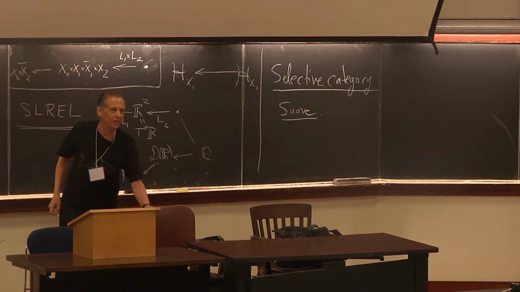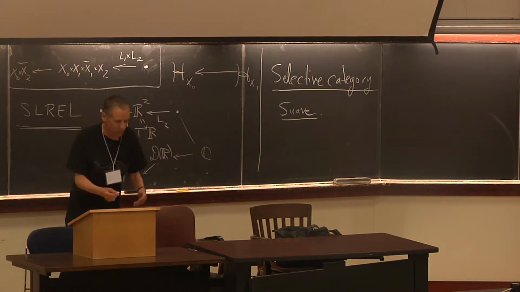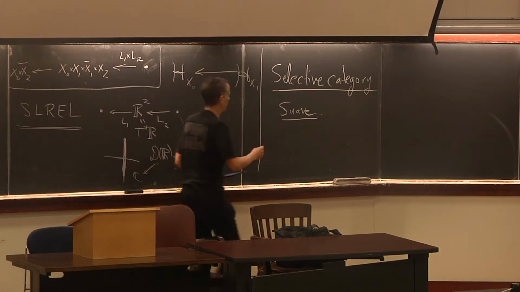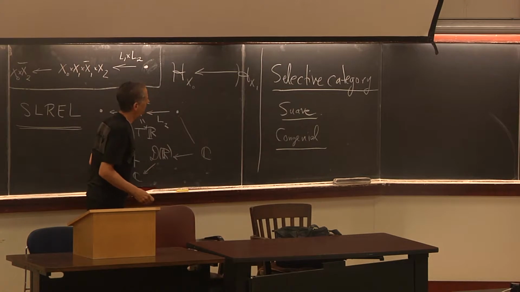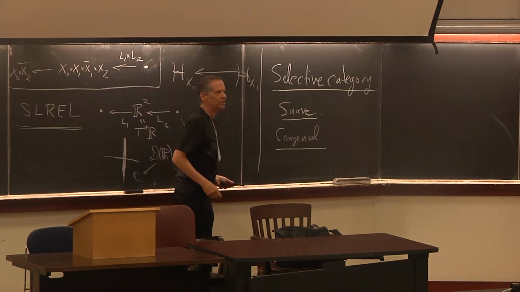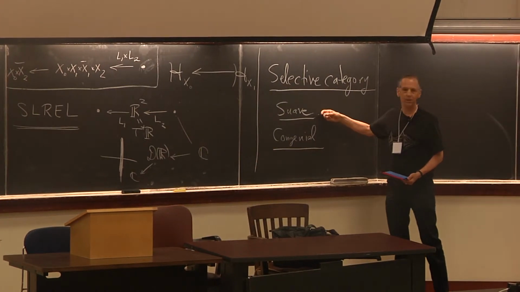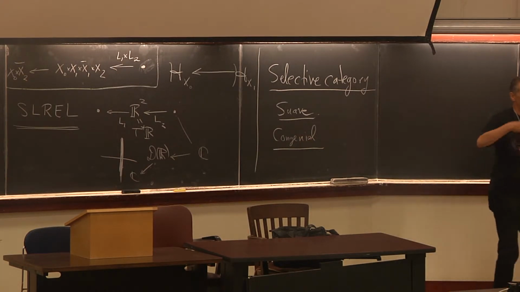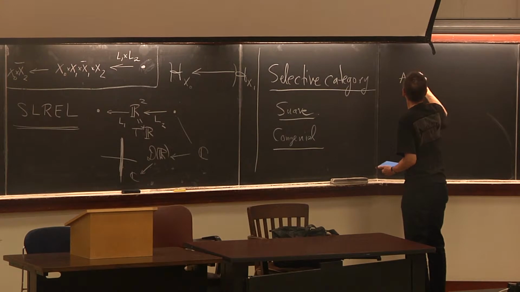Originally, I was calling them smooth, but that suggests too much. So a sort of smooth character is sometimes called suave. And among the suave morphisms, we distinguish certain composable pairs as congenial. And then to begin, we put very simple axioms. For example, that the identity morphisms are all suave. The composition of a congenial pair of suave morphisms is again suave. And finally, a kind of associativity is if we have three